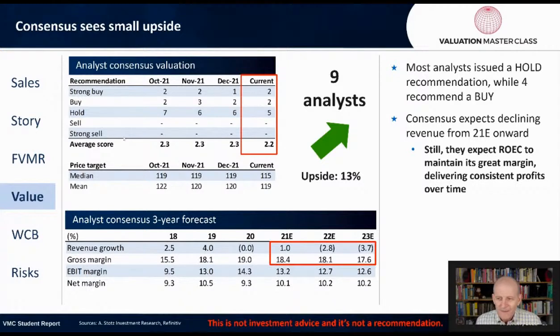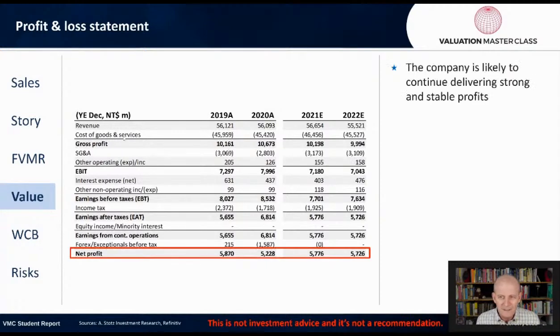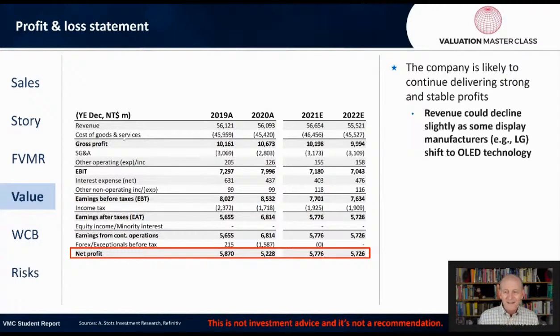Still, the analysts expect the company to maintain its great margin, delivering consistent profits over time. It's just a very stable business. Let's look at the P&L here, and we can see the company's likely to continue delivering strong and stable profits. It's a very simple company. It's not that complicated, and I like that. Revenue could decline slightly as some display manufacturers like LG shift to OLED, but